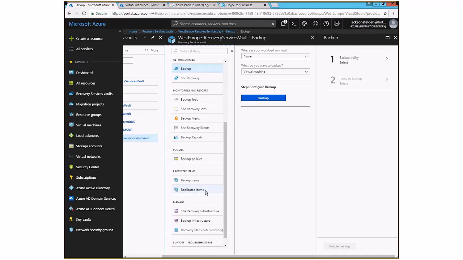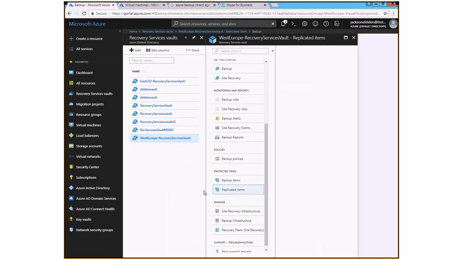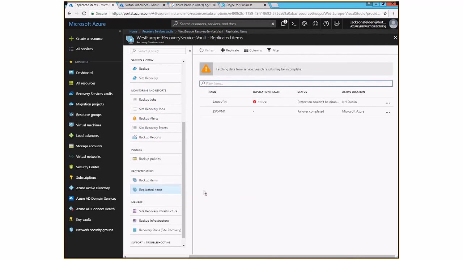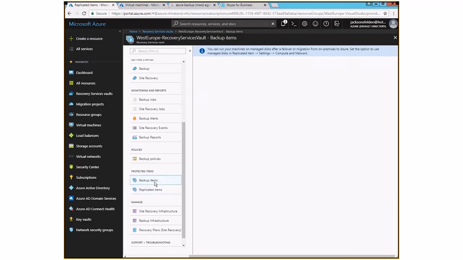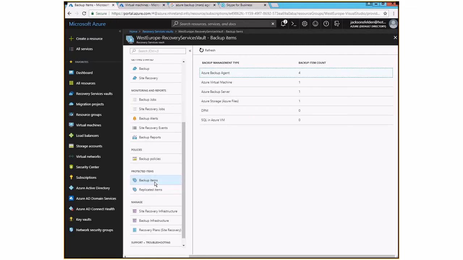Later on, when the backups are already running, the second very important place to go is, if you scroll down a little bit, under the backup items. As you can see, there are a couple of options, and I will talk about them in 2 seconds: Azure Backup Agent, the Azure Virtual Machine Backups, the Azure Backup Server, the Azure Storage, and things like that.